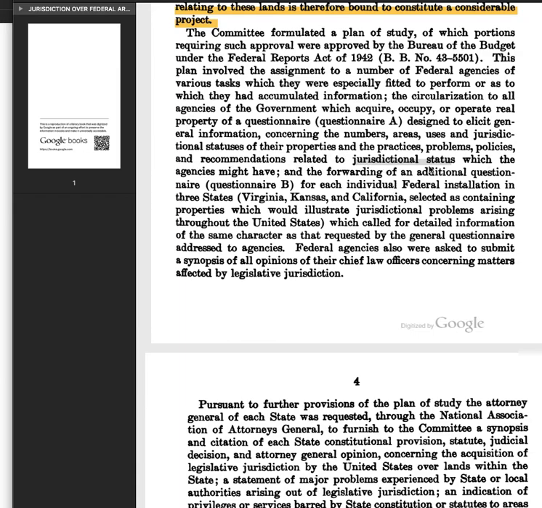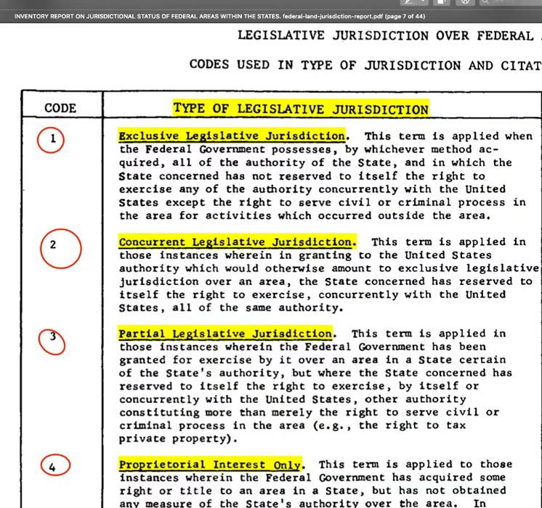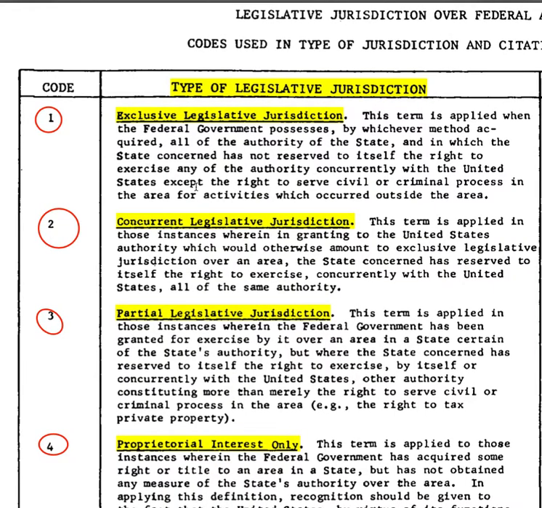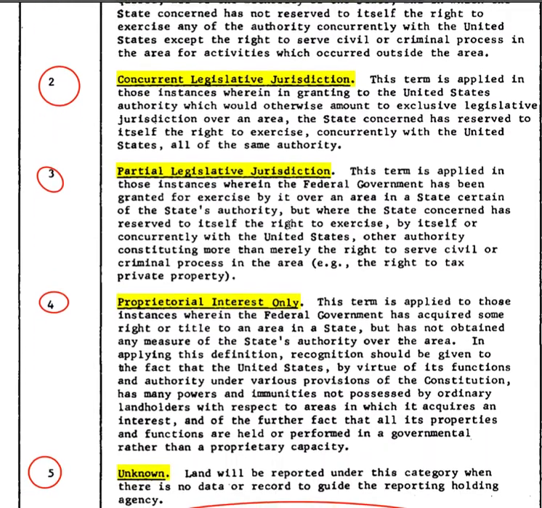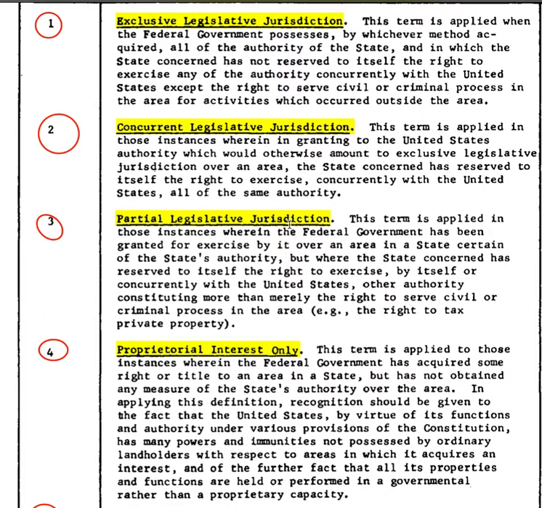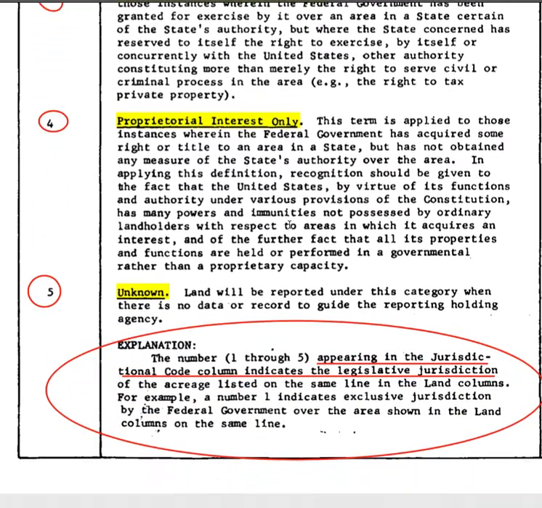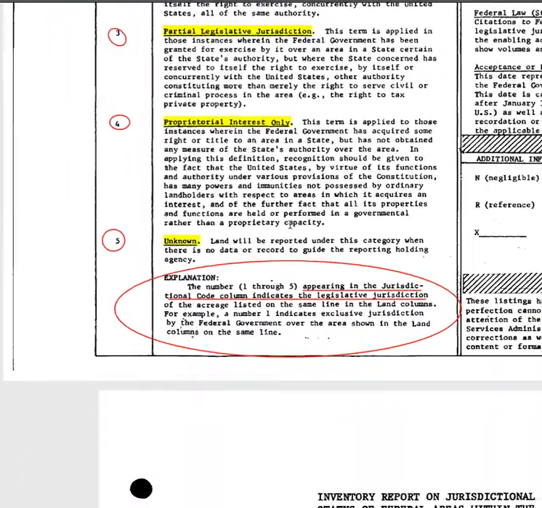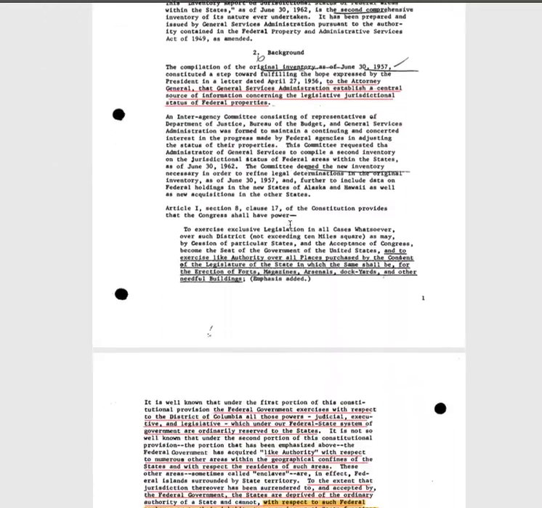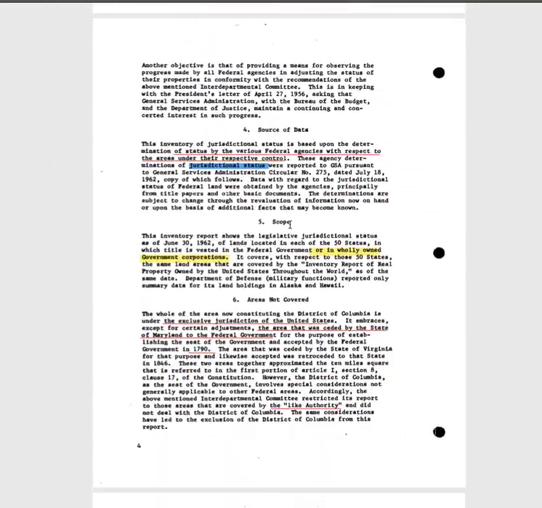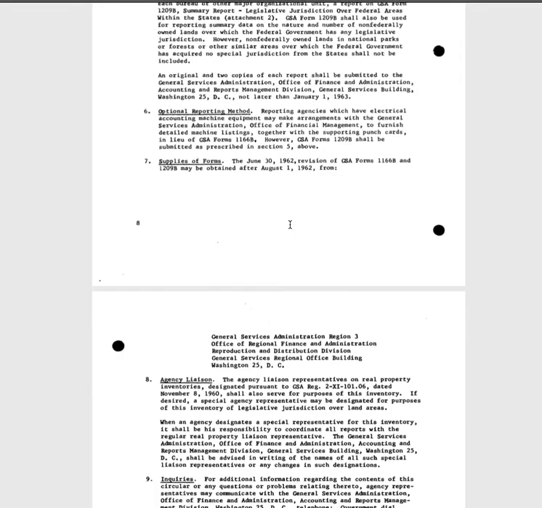So, recommendations related to the jurisdictional status. And they're just recommendations because they don't know. They've done so much BS that they don't know what they have going on. They don't know what lands they have and don't have, or what all the contracts say. Okay, so how did they go about trying to figure it out? Well, they have a paper, a form that they used.